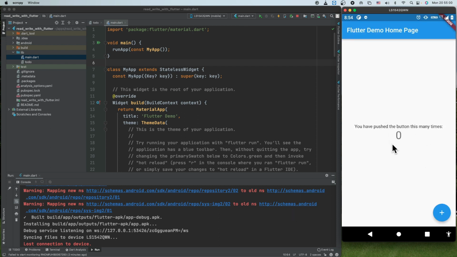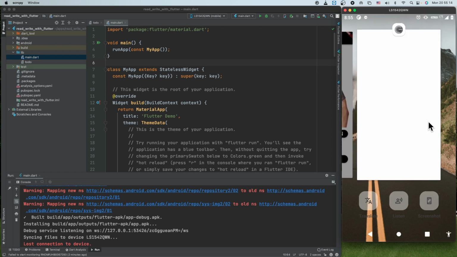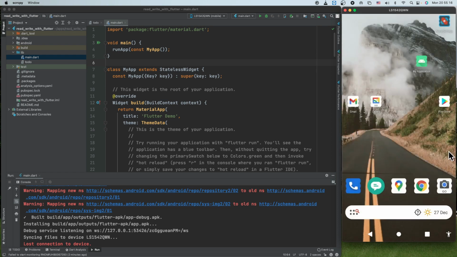Right, this counter remains at 0. What I want in this application is that wherever we stop this counter and we kill the app, next time when we launch the app, our counter will start from that number. Okay, that is the logic I want to build.